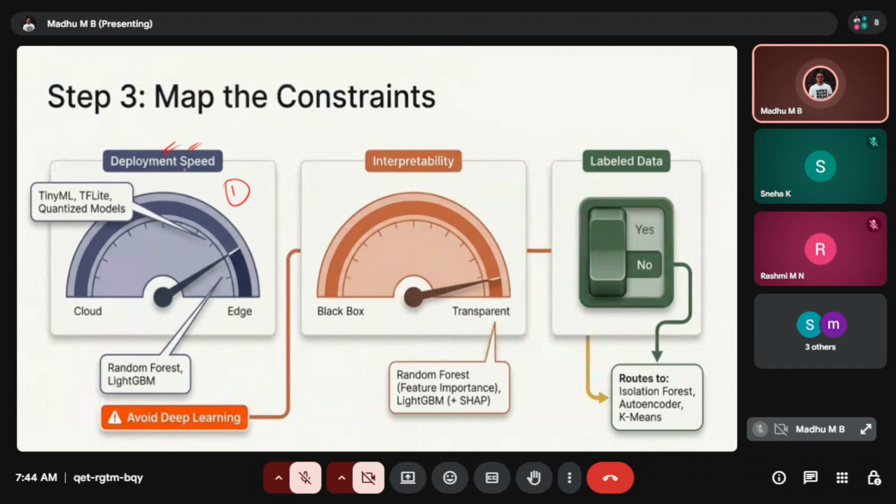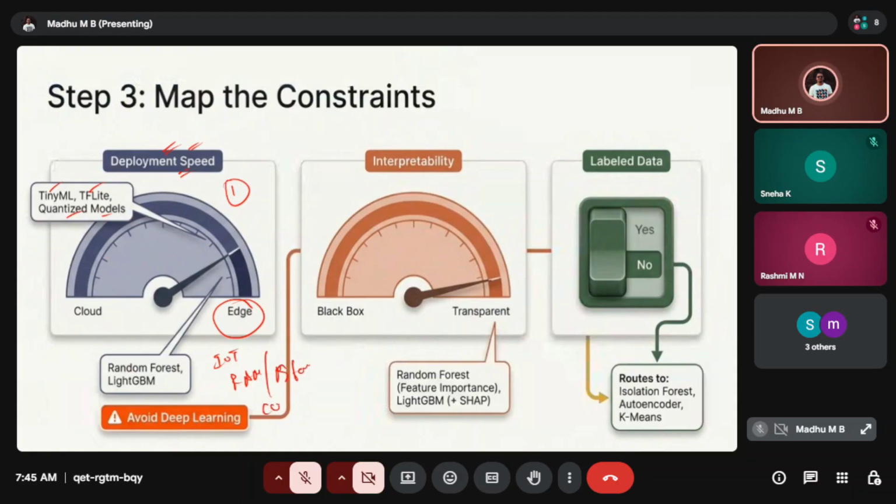When the deployment needs to be very fast, there are different ML models: TinyML, TF Lite, and containerized models. These are all small models which are very easy to deploy on the edge. In yesterday's class, I was discussing edge computing, where an IoT device by itself comes with RAM and storage, correct?